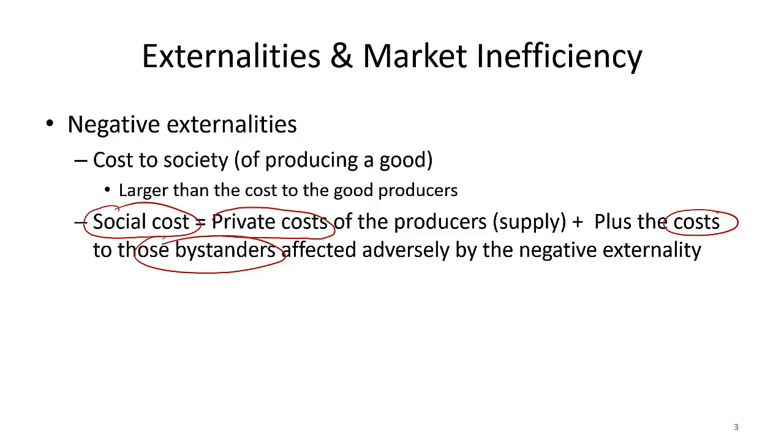So there are two costs. One is the cost to me because I have to pay. In the case of using a gasoline powered car, I have to use money to buy gas, but at the same time, if I'm made to pay for the harm that I'm causing to people who are not responsible for my driving the car, that would be part of the public cost, and buying the gas is the private cost. And often in negative externalities, the social cost curve is always above the supply curve.